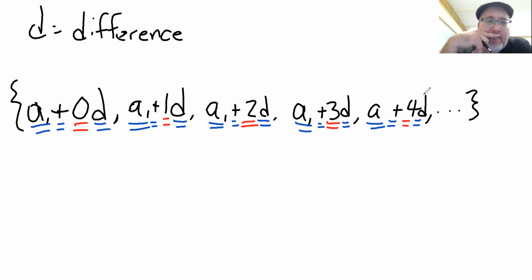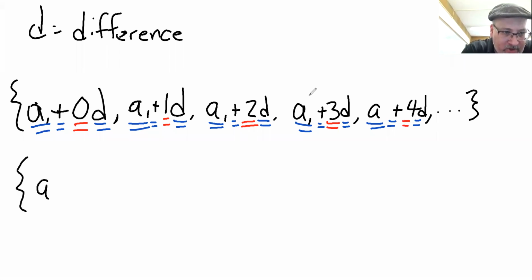Now, we could start it at 0, but I want to start this at 1 because most sequences will start at 1. And you can always make it start at 1, and here's how. I'm going to do one more thing because I want the underlined parts that are changing to start with the number 1 instead of starting with the number 0. Now, how can we do that? Well, we can do that by rewriting the 0 as 1 minus 1,